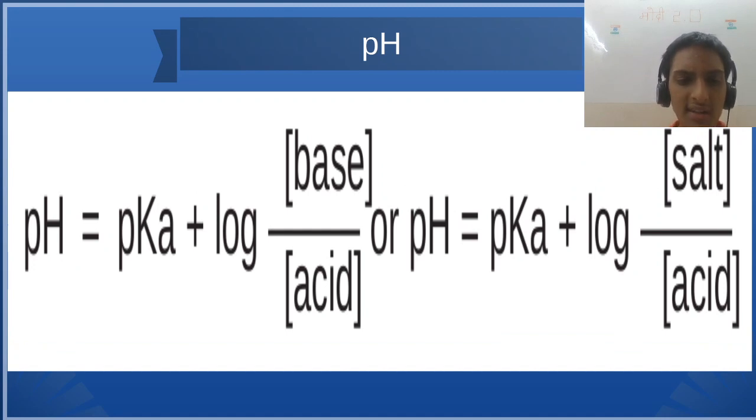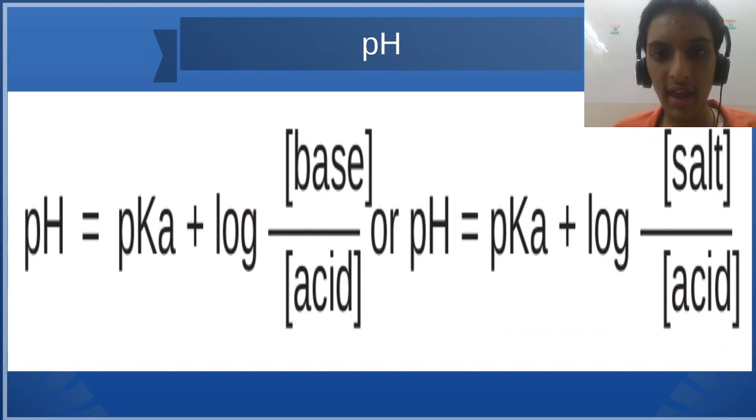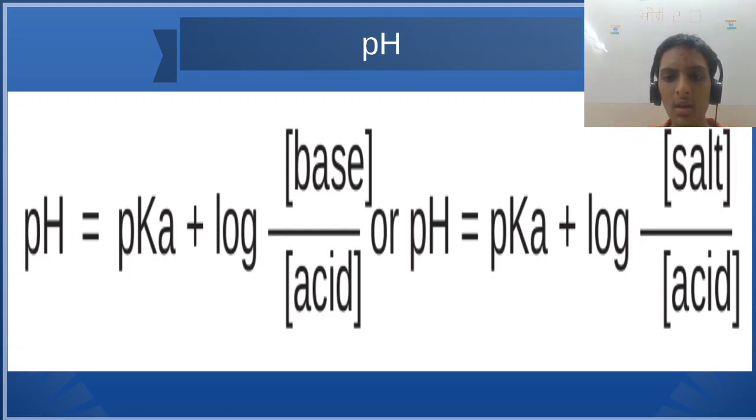Now, what is the relation of pH with the pKa, our acid, base? It is related by our Henderson-Hasselbalch equation. Please remember this equation. It's very important. When we do acid-base balance related numericals, it will be very helpful. I want you to register this formula forever. pH is equal to pKa plus log of base by acid, or in place of base just put salt. That's all.